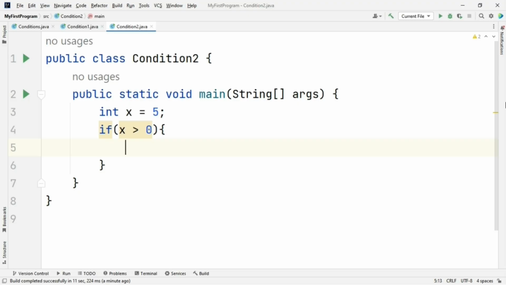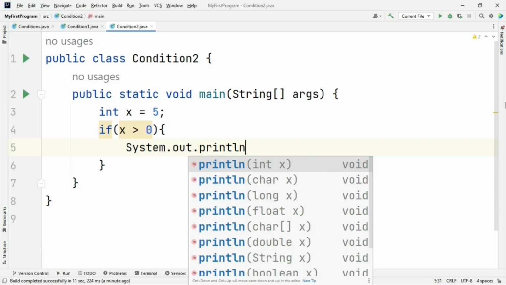The condition inside the parentheses is x > 0, which compares the value of x with the integer literal 0. If the condition inside the if statement is true, then the code within the curly braces that follow is executed. In this case, the code within the if statement block is